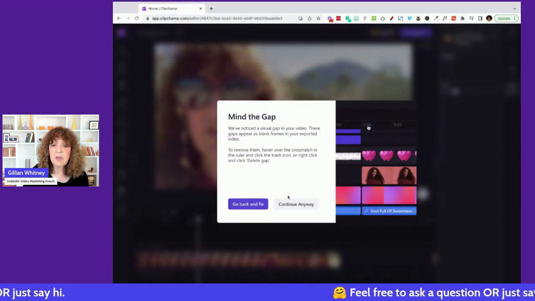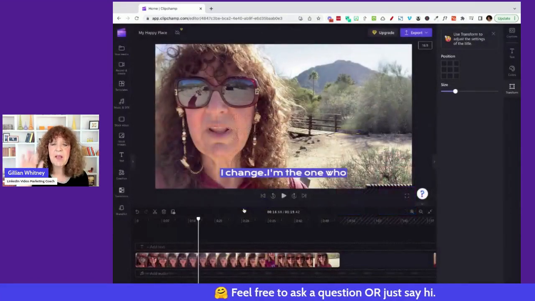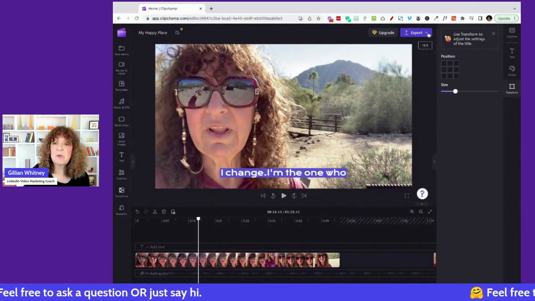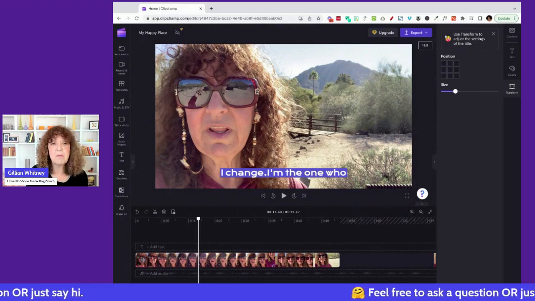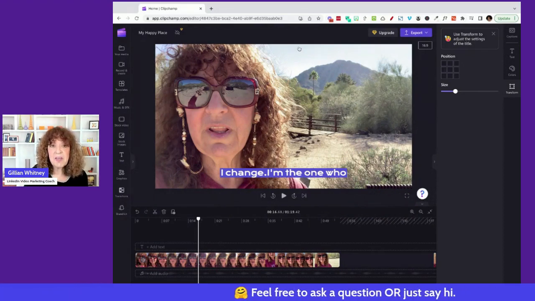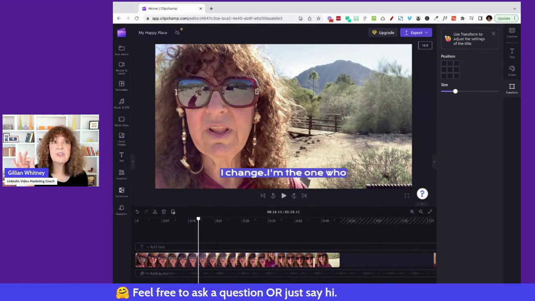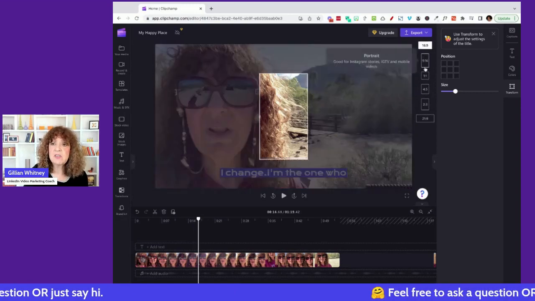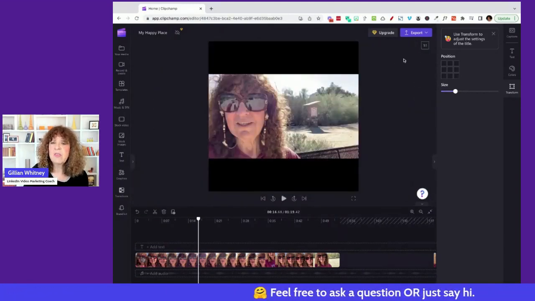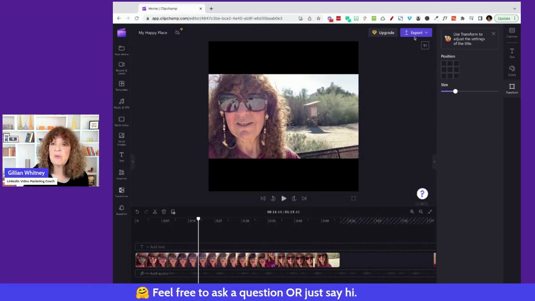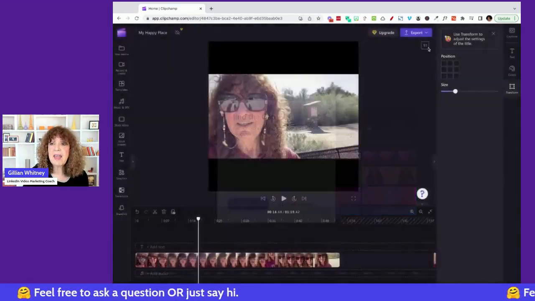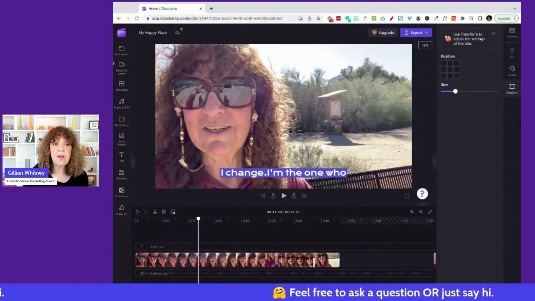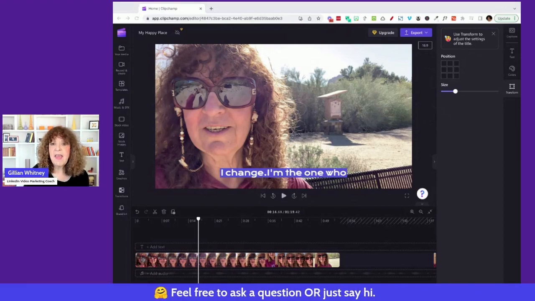It says there's a gap. So I'm going to just go back and fix the gap, but I'm not going to fiddle with the gap because we're live. But anyways, to export this, all I would have to do is come up here and hit export, and then boom, I would have my video with the captions burned in. HD quality, all for free. So I love this. And with Clipchamp, at the drop of a hat, you can change the ratio of your video and do all sorts of things. I won't go into that at this particular juncture. I'm just going to put it the way that it was before and go back to the live. And there we go.